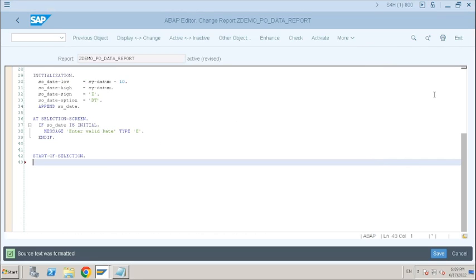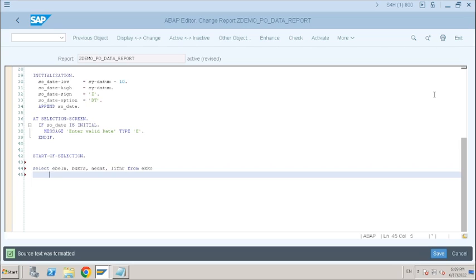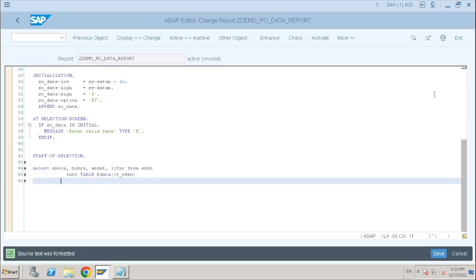First write that select statement. Select EBELN, booker, AEDAT, vendor from EKKO into table, the internal table, IT underscore EKKO, where